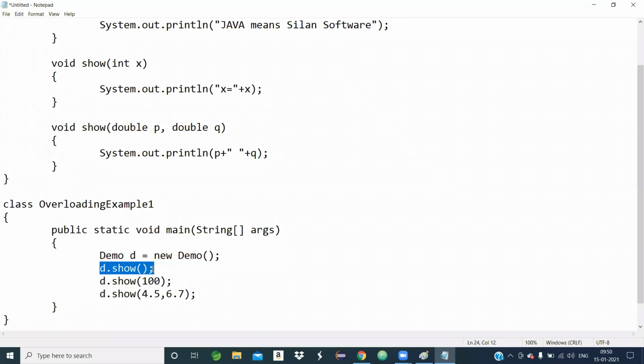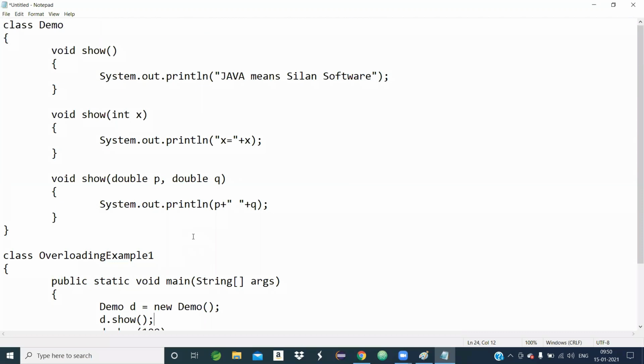So when the method is invoked by d, d being the object of the demo class, the control will go to the demo class and search where the show method has been defined without argument.